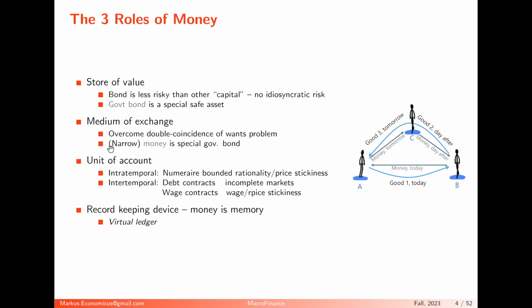And then there's, of course, the unit of account role of money. And the unit of account role of money can be seen in two different ways. One is an intratemporal phenomenon, which is more related to the measurement of wealth. Okay, and in a world where people are boundedly rational, or they have behavioral elements to it, it matters how you measure wealth. It's a little bit like, I don't know who of you comes from a country where temperature is measured in Celsius.